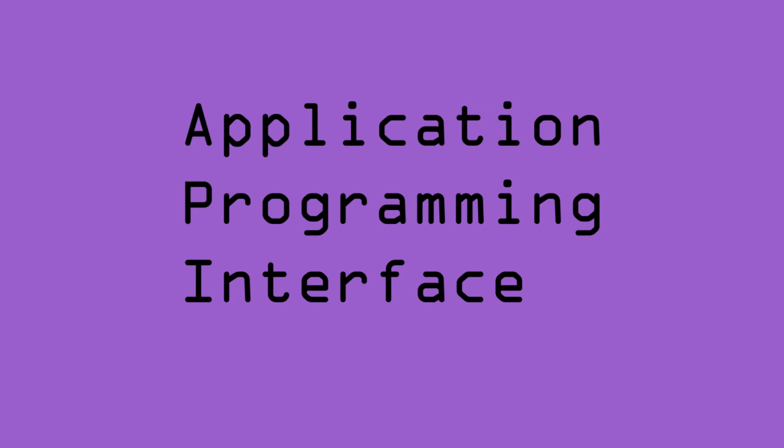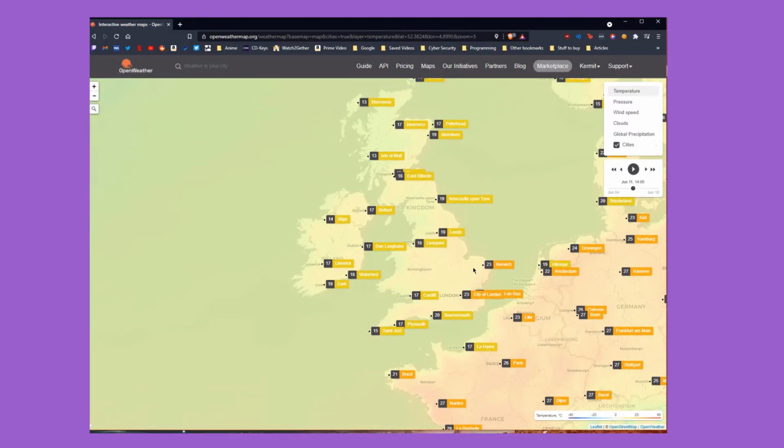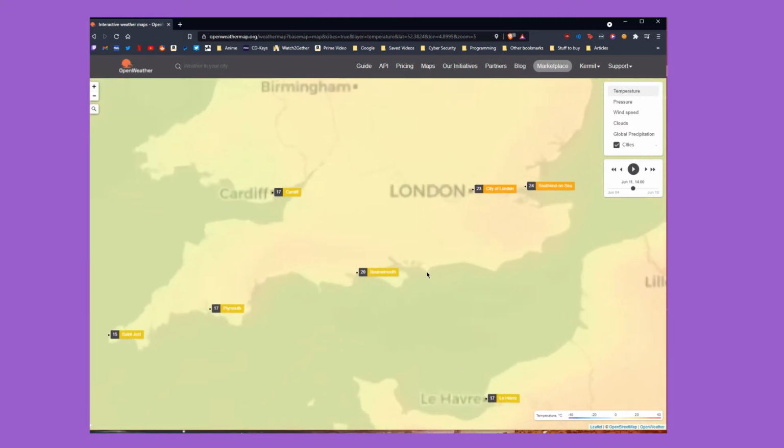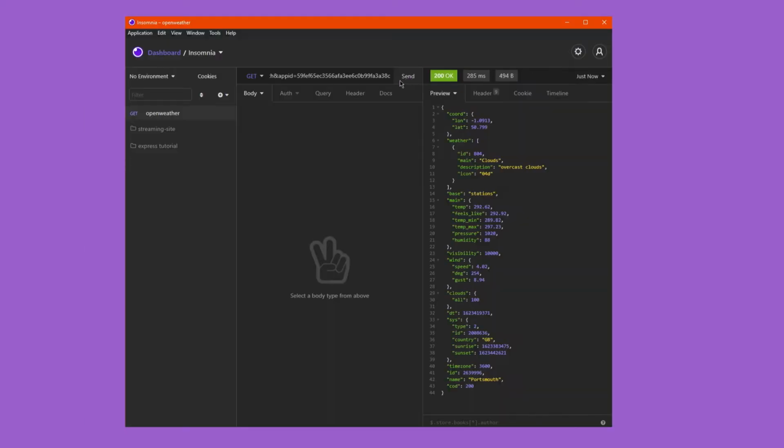An application programming interface, or API, is a way for two computers to be able to talk to each other, just like if you're browsing a website, but instead of browsing the site for information, you write code to ask for data from the server. For example, we could go to OpenWeather's website to find the temperature and weather in a specific location, or alternatively, we could use the API to ask for the raw JSON data that contains this information instead of viewing it